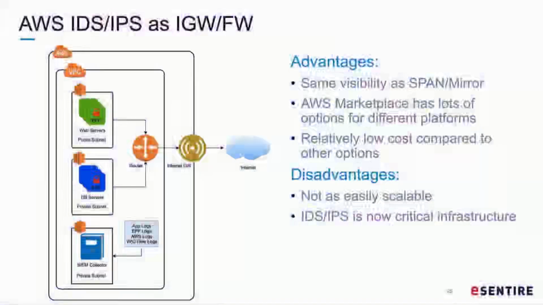There's a few different options. You can have the IDS act or be an instance that acts as your internet gateway. So you're effectively routing traffic through it for analysis as it's on its way to the internet. There are lots of options for this, and you can kind of get this from an image for a firewall. Like in the AWS marketplace, there's Palo Alto, there's Checkpoint, there's all sorts of stuff you can choose from, and you can get some of the same functionality from that.